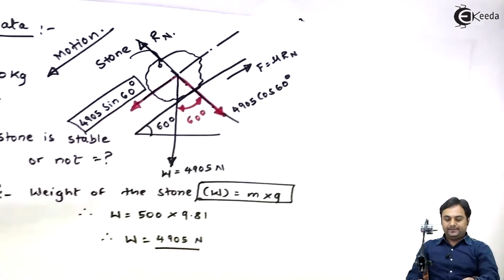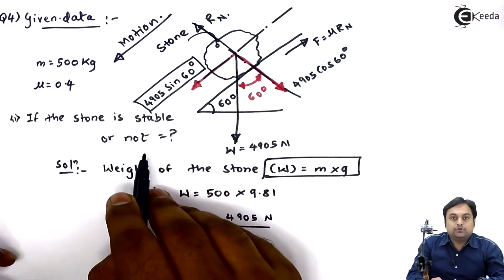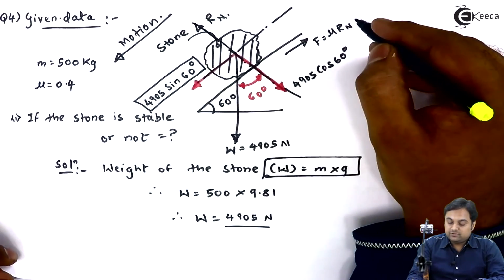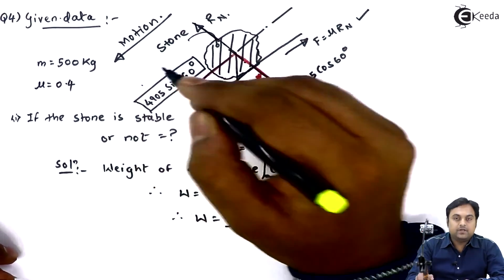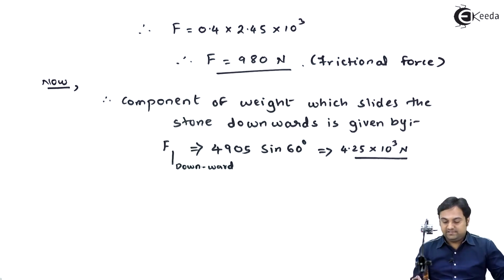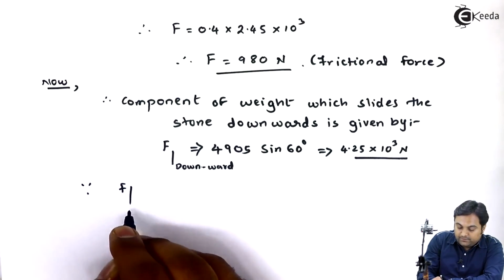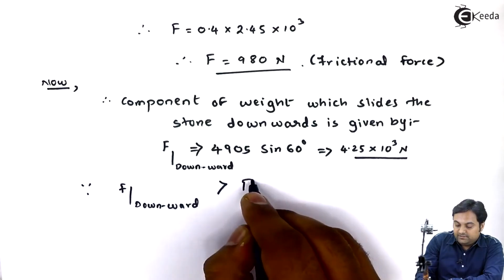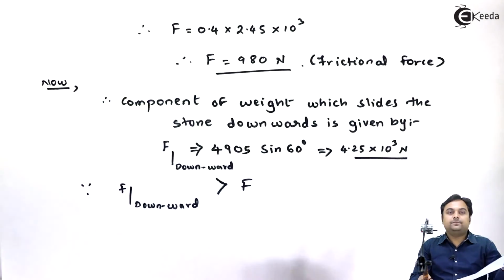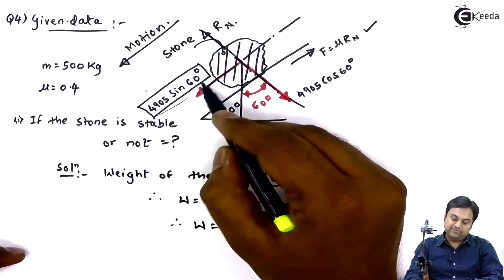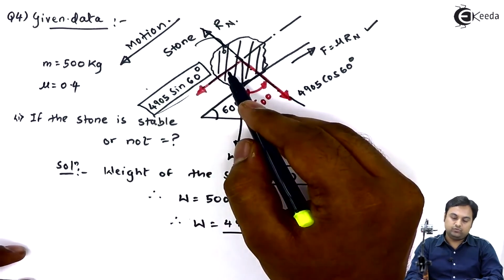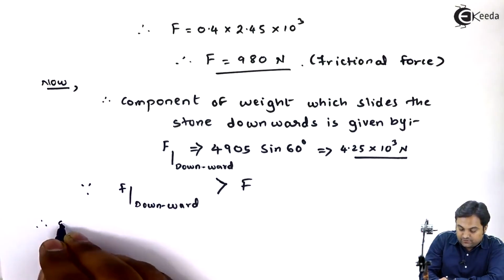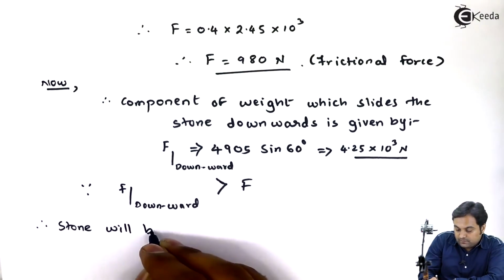Now, it is very easy to compare. Here the question was we have to calculate if the stone is stable or not. This stone which we have here, it will be stable only if the friction force is more and 4905 sin 60, this value, is less. So we have to compare both the terms now. I will say that since F downward force is greater than the frictional force F, it means the effect of friction force is less and the effect of downward force is more. So because of the effect of this downward force, the stone will be sliding downward, that is, it will be unstable. So I will say that therefore stone will be unstable,